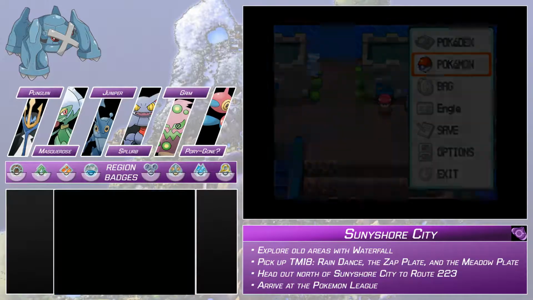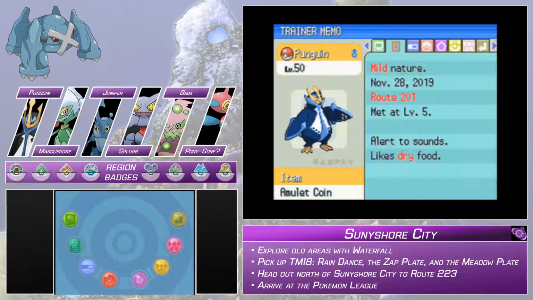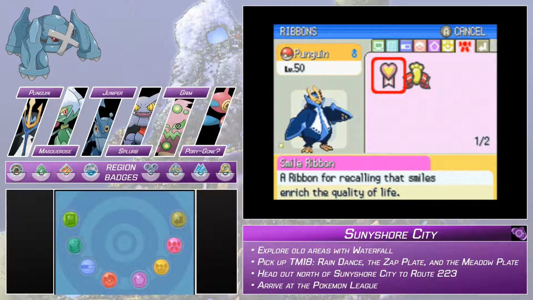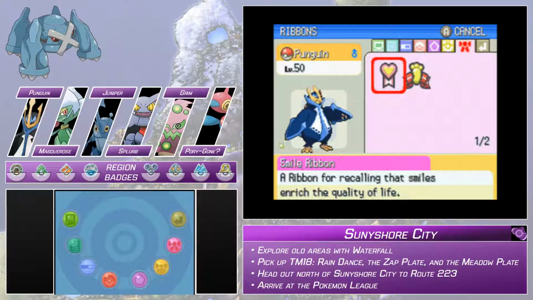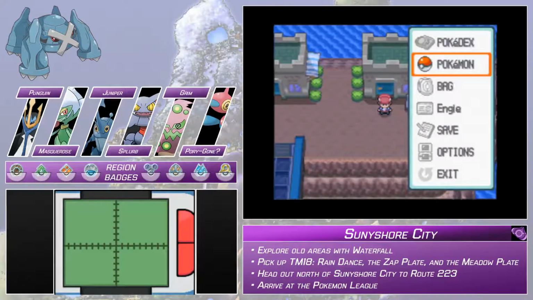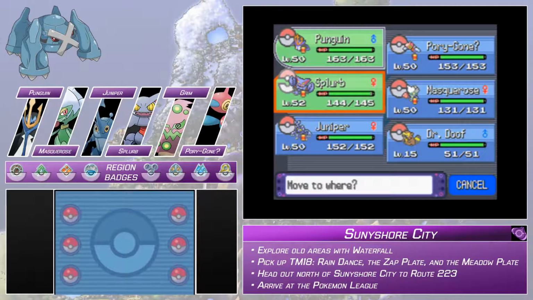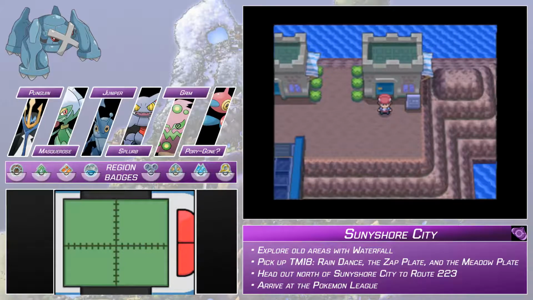Let's actually take a look at that ribbon, though, on Penguin. You can see, now we've got the Smile ribbon and the Footprint ribbon. The Footprint ribbon is for happiness. The other ribbon that we're not getting yet, the Effort ribbon, is for effort values. I'm actually going to switch Penguin with Masquerose over here. And